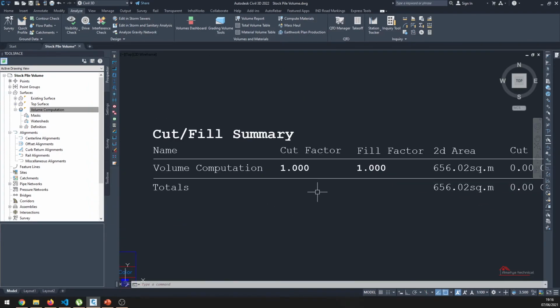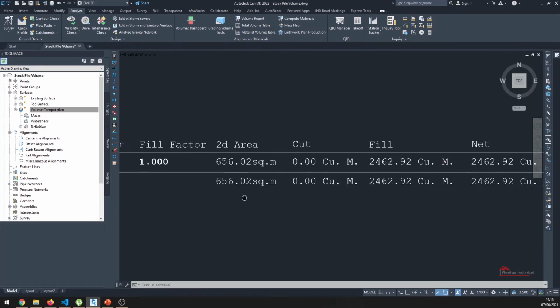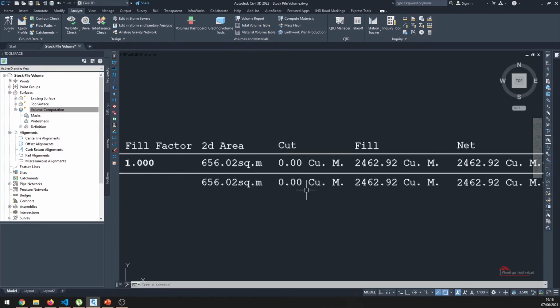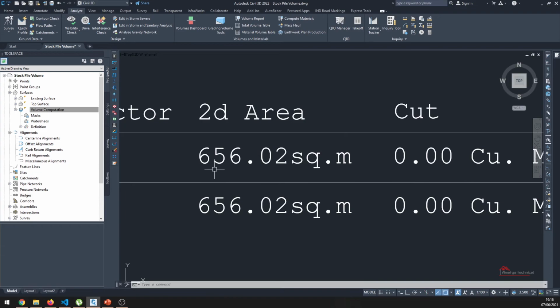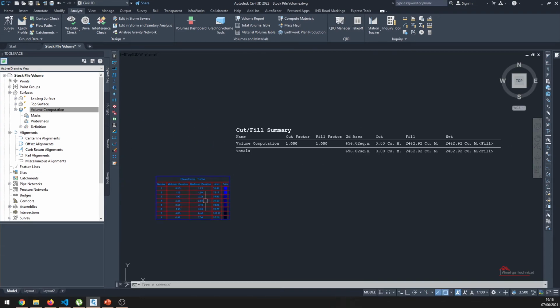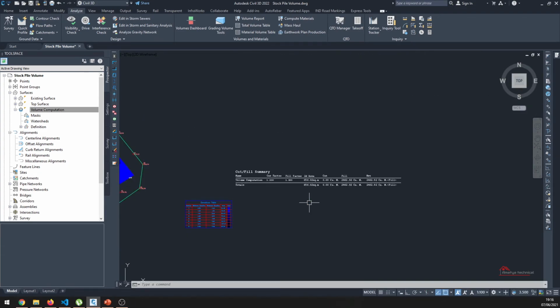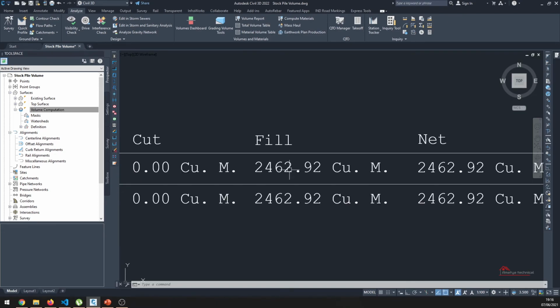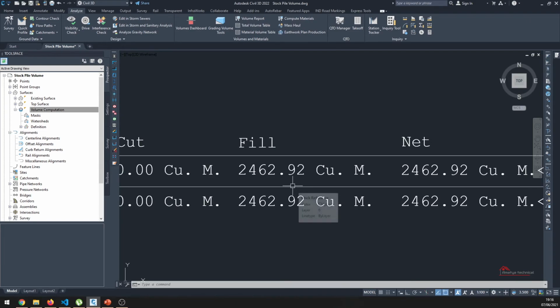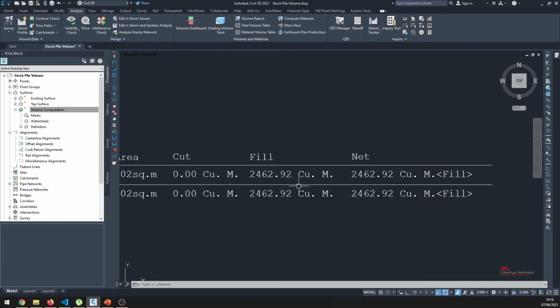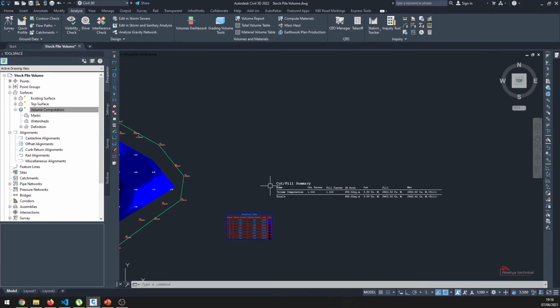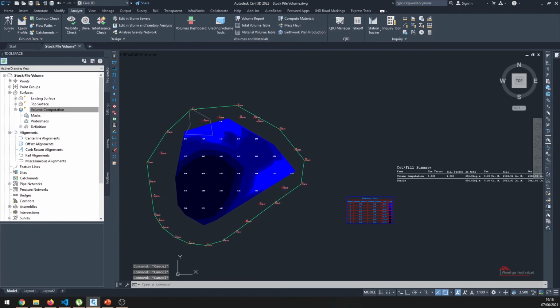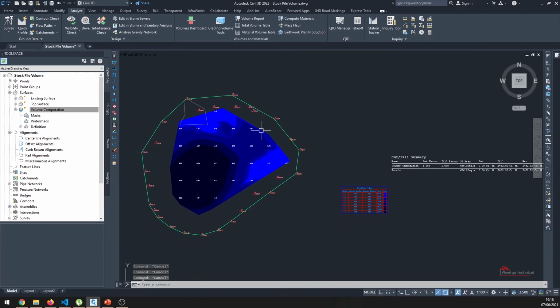Here you can see cut factor 1, fill factor 1, and the area is 656.02 square meters. This is the total of this area, and the fill volume, as we saw in the volume tab, is 2462.92 cubic meters. In this way we can pull out all the information we need for the volume we have computed.